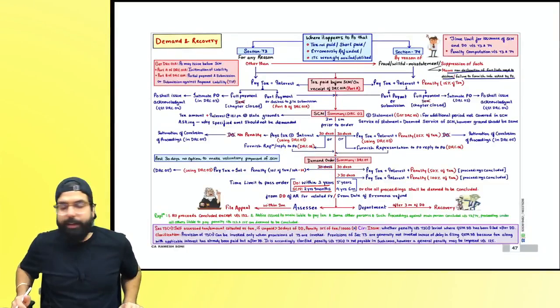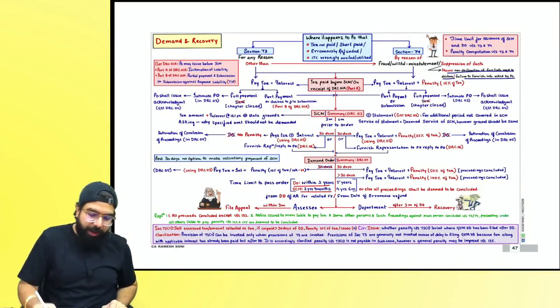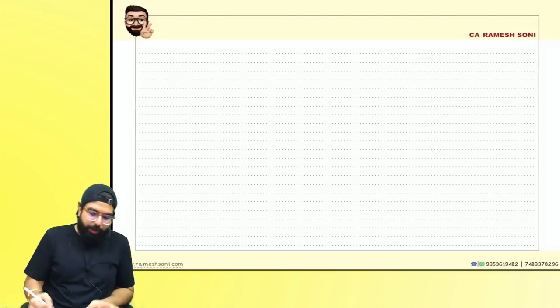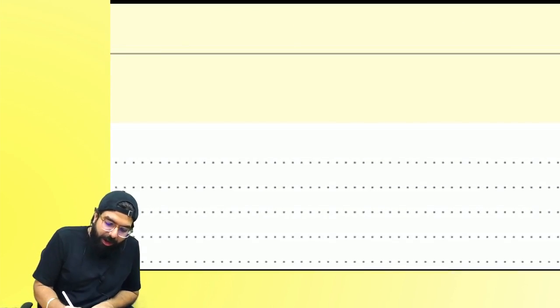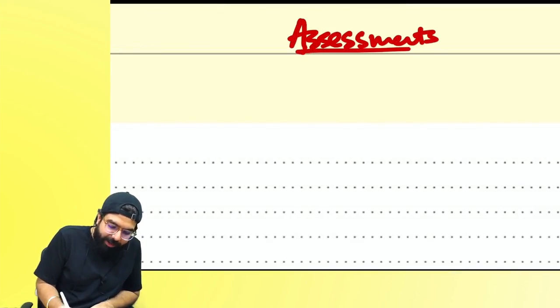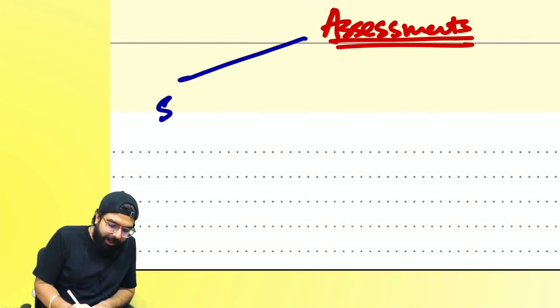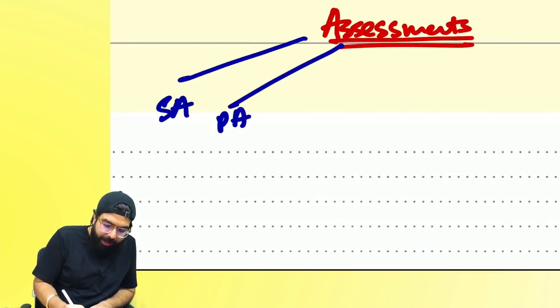Alright students, let's go ahead and revise the chapter of demand and recovery. Let's take a quick linking and then we'll go ahead. We started learning assessment, not GST. We'll continue with assessment. When we were doing assessment, we did self-assessment, then provisional assessment, then scrutiny